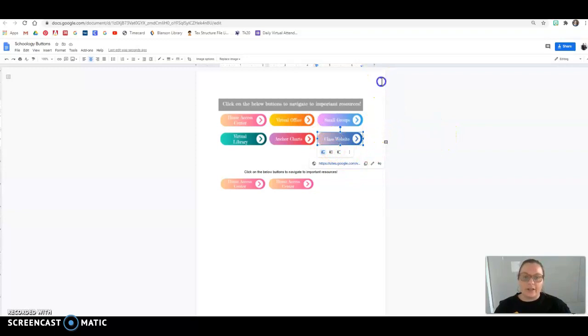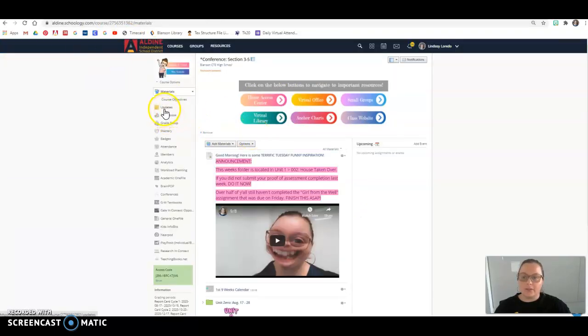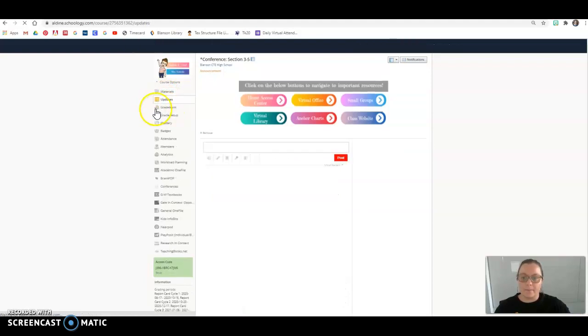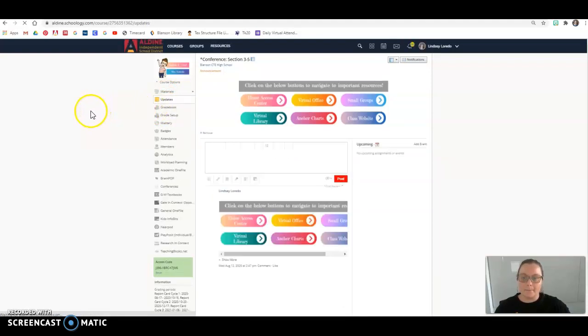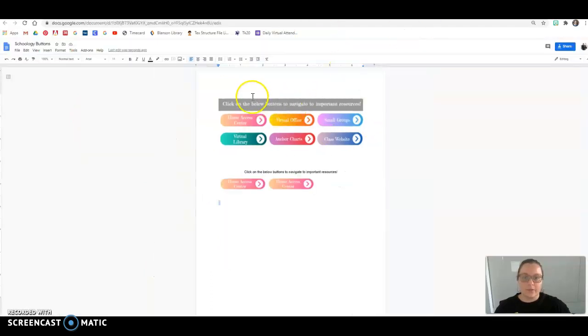So now let me show you how to get this into Schoology. Here we go. You go to Schoology. You're going to go to Updates right here. It's underneath Course Materials. You're going to go to Updates. And you're going to paste them in this box, just the table. So let's go grab the table. Got to highlight it, copy the table,